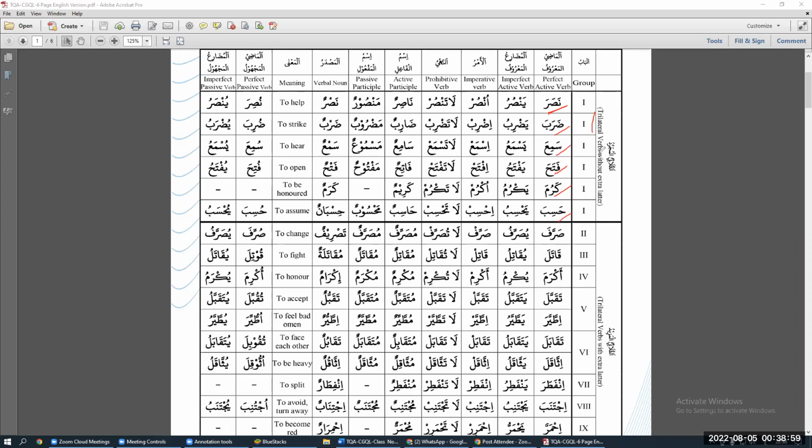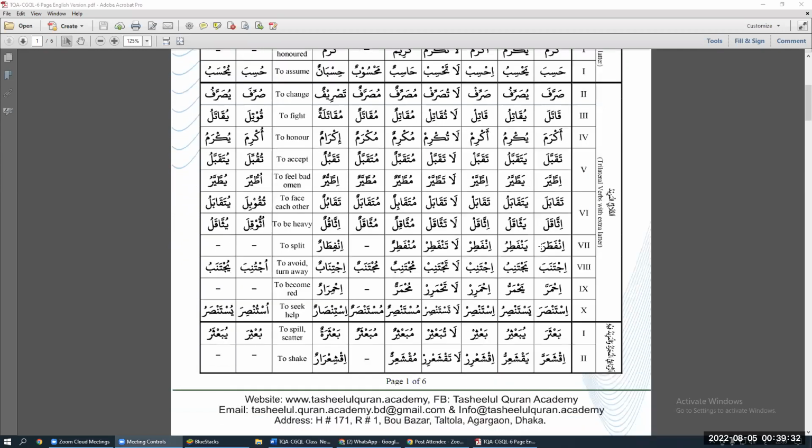Trilateral verb without extra letter. So these are the six groups. If you help somebody, you will use this verb. But if you want to ask help from somebody, you need to add letters. So these are the additional forms developed. Now we will see